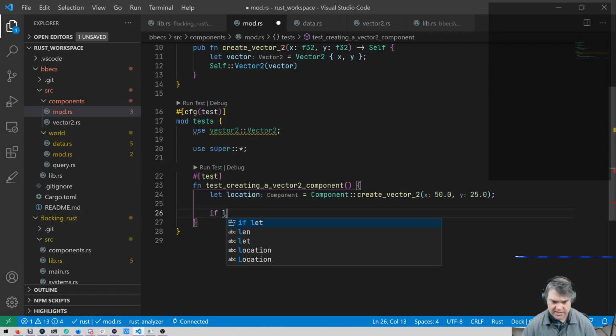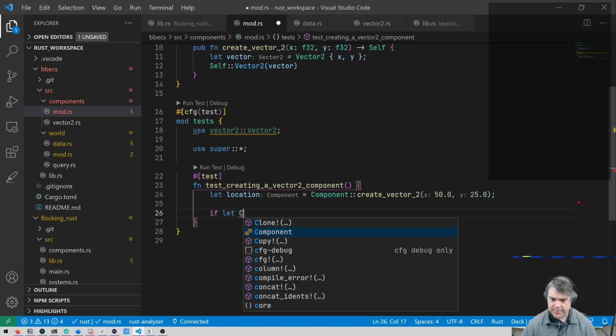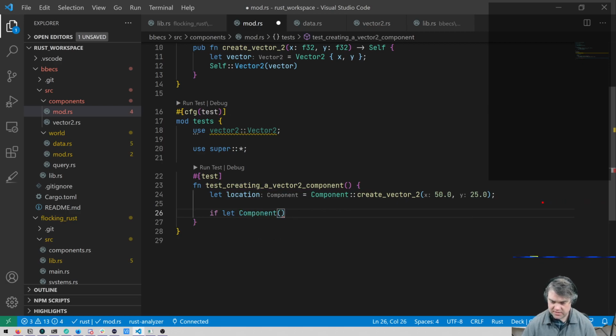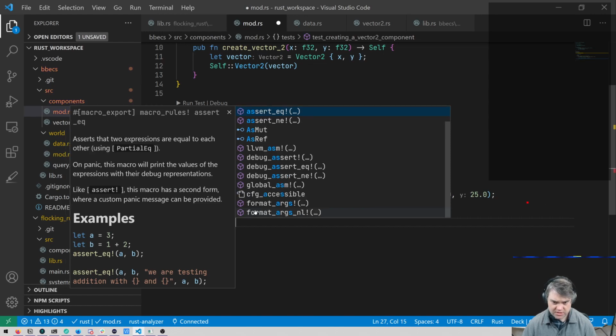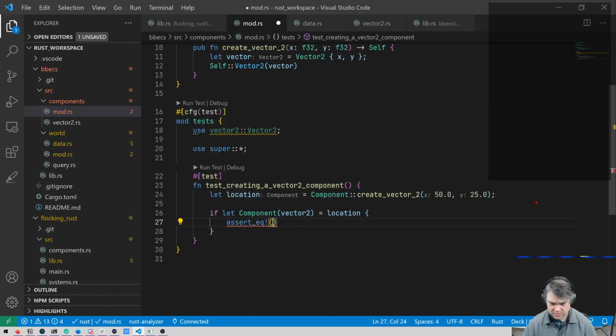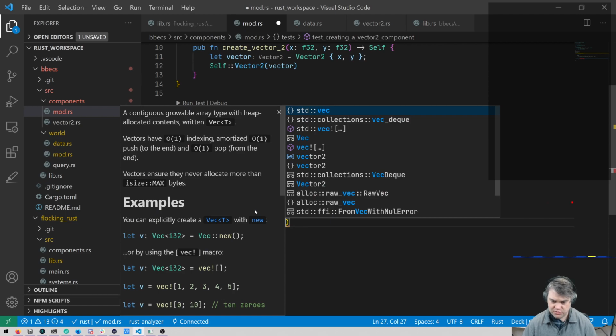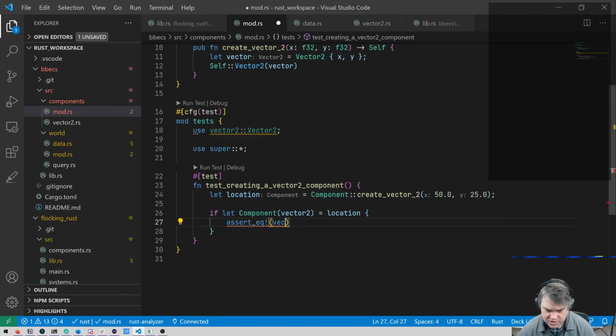I wonder if we can do an if let. It's going to be a component Vector2 is equal to our location. Then I want to assert equal that Vector2. Probably want to just do an assert because then I could just do the and. So the Vector2 dot